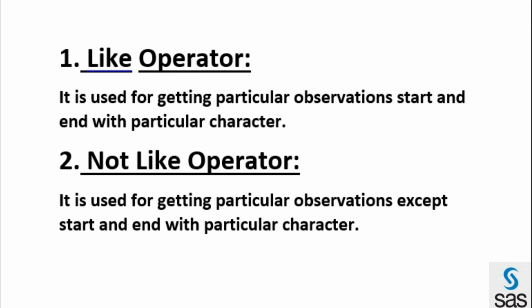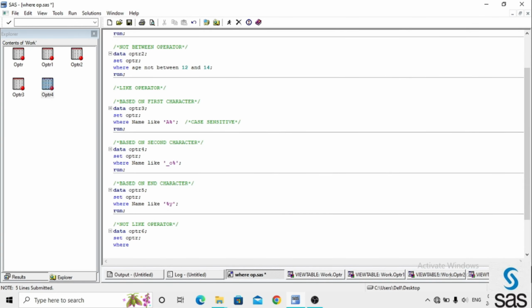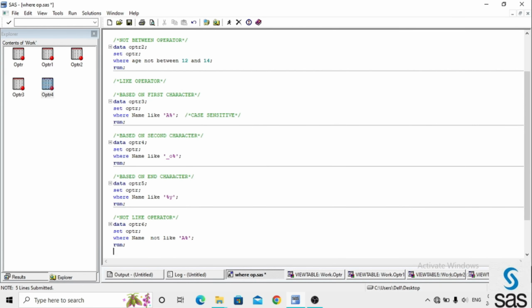Then the code will be operator 6, the name of the dataset, and where name is a variable, not like is an operator, and a is the first character, the starting character, and percentile, semicolon. Like this we are not getting the names that start with a in the total data set.